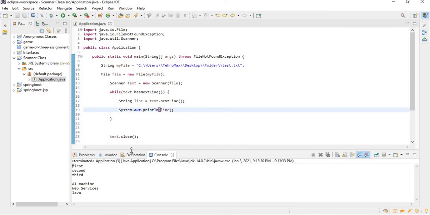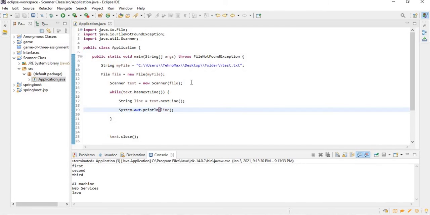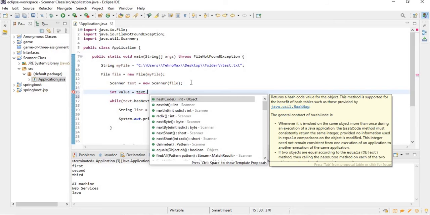Now another case would be if you would like to use other methods of the Scanner class, and let's say you want to read integers. I'm gonna add a number to my file. So if you first want to read the number and then you want to have a loop to read the other lines. So let's suppose you want to read this number. What you should do is, here you should say int, for example, value equals to text.nextInt,